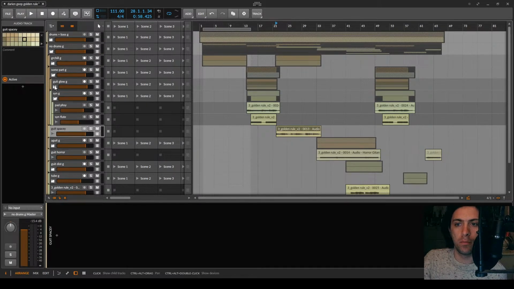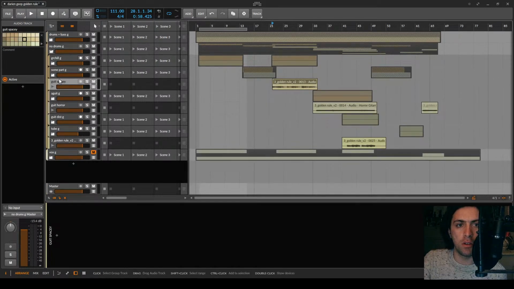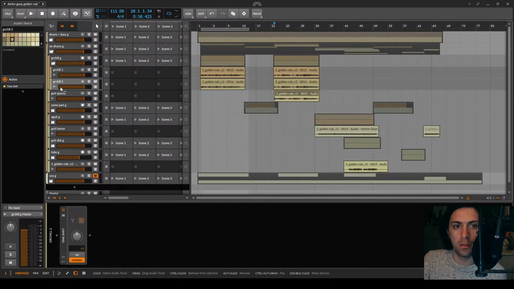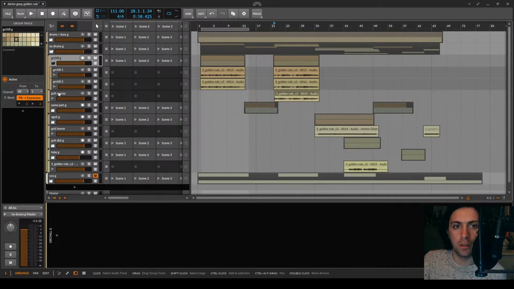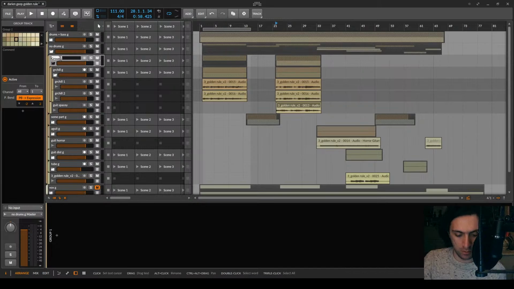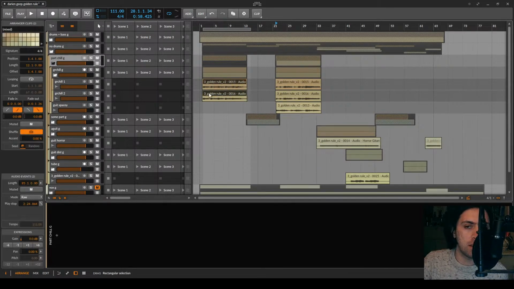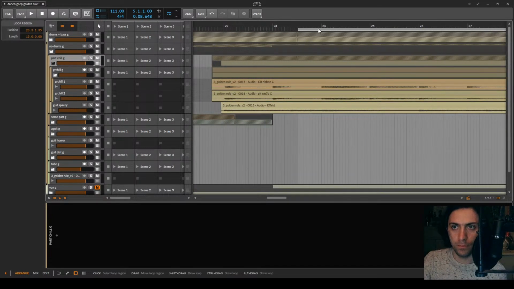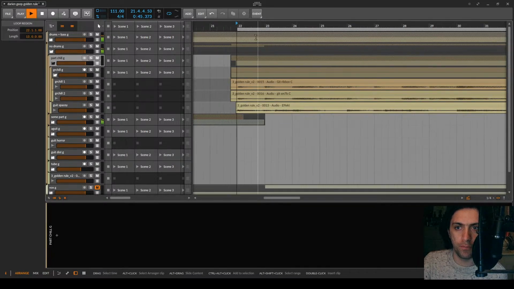Okay, let's see. Guitar spacey actually belongs to the chill part. So I will make a group. Call this part chill G. Okay, this is now sorted. Nice. So there is the intro with the chill guitars, and there is another part with chill guitars, but with another track. So that's the variance that is being added here. And it's a completely unique recording, so there are no timelines possible.